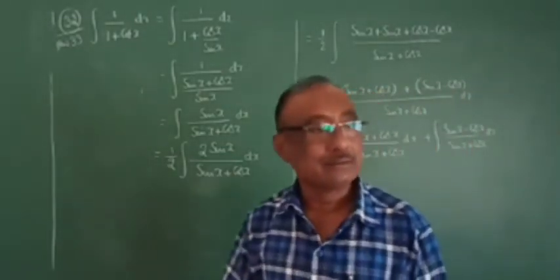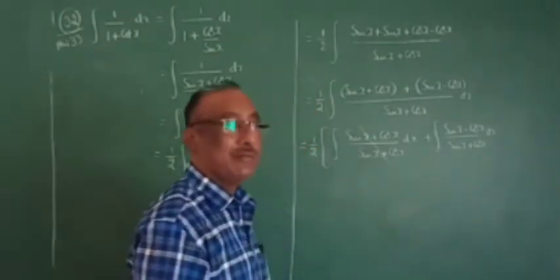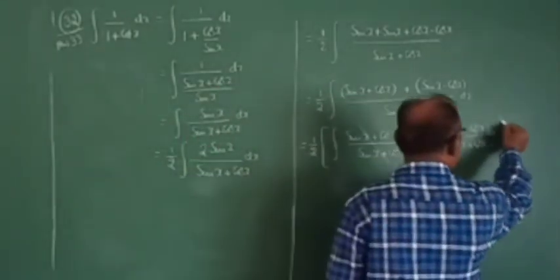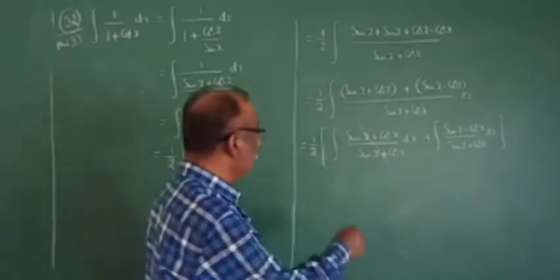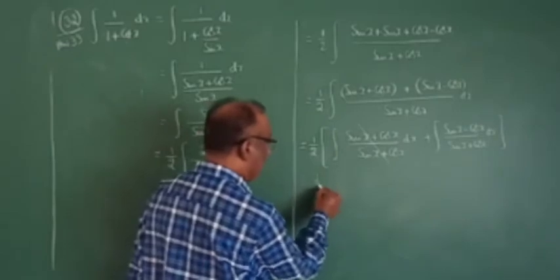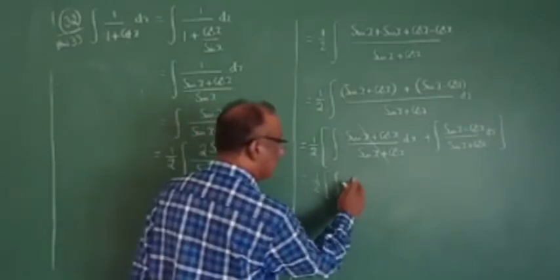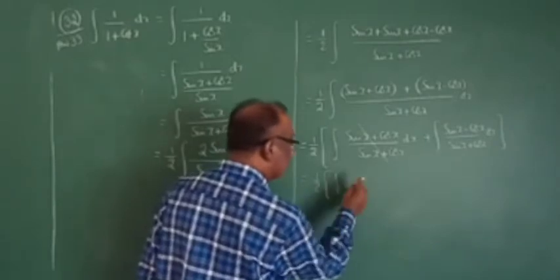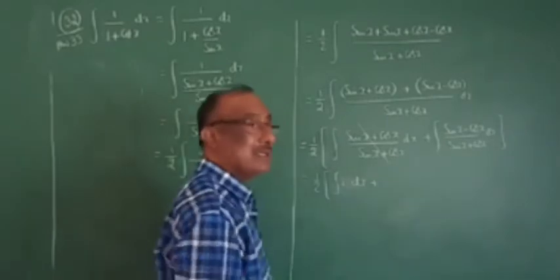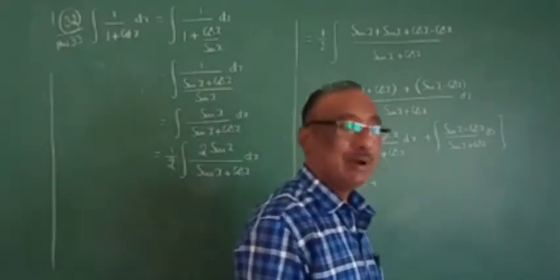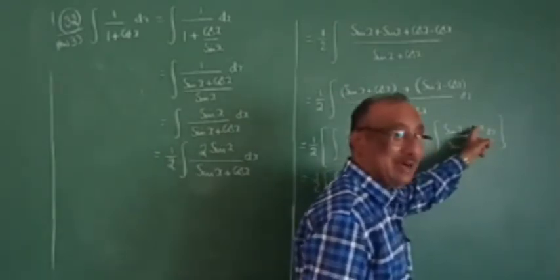Is it clear? In the first part both are cancelled. So 1 by 2 bracket integral of 1 into dx only, plus the second part. Everyone observe, sin x derivative is plus cos x,